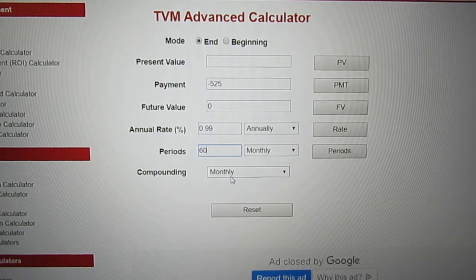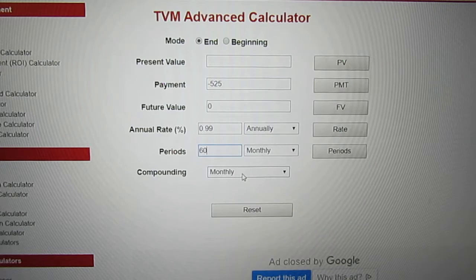Also look for the word compounded. It says the interest rate is compounded monthly. So this word should also be monthly. So we've got everything set up. Now we should go to present value. You can put a number here, but you don't have to. Instead, click on this button, and that gives you the answer. Based on all this information, you can afford to borrow